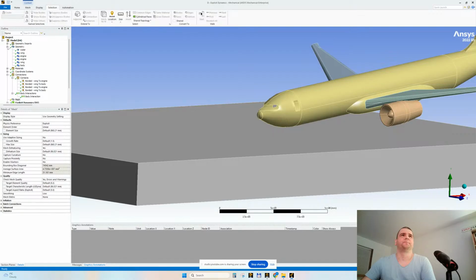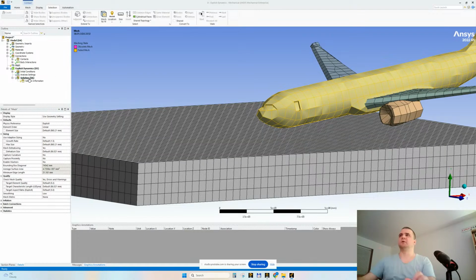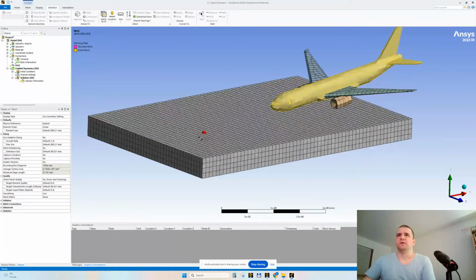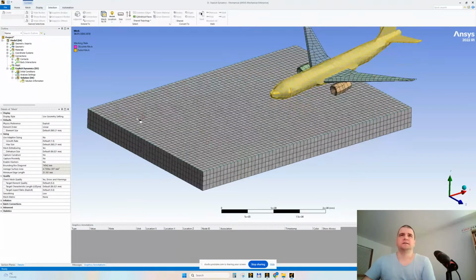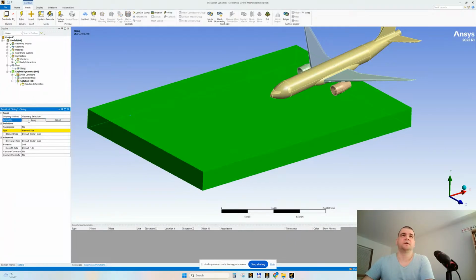Where were we? Here. These are the contacts, interaction. Let's just generate a default mesh and see where we need to define. So, as I said in the past, this is an Eulerian body. Yes, this means we need to make the mesh, because we don't care about the Lagrangian mesh. We make the mesh very large. Generate mesh,